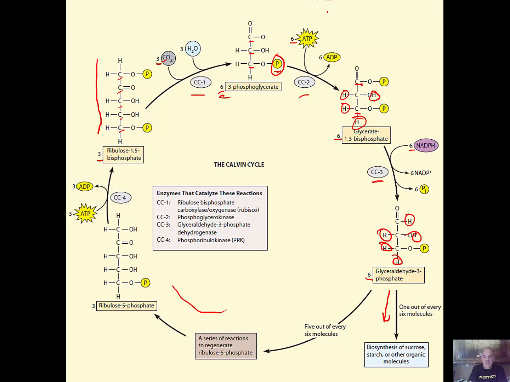Now notice that I said that the reason we have that cyclical photophosphorylation during the light reactions is to actually give us extra ATPs, because it's not a 1-to-1 for ATP to NADPH. If we just looked right here on this diagram, this is a 1-to-1. 6 ATPs and 6 NADPHs, but when we get over here, we're going to need 3 more ATPs to regenerate our ribulose 1,5-bisphosphate. So if we do a quick calculation here, 6 ATPs plus the 3 ATPs gives us 9 ATPs to 6 NADPHs